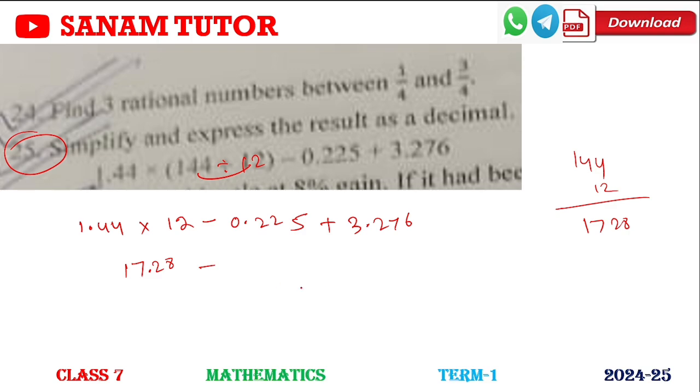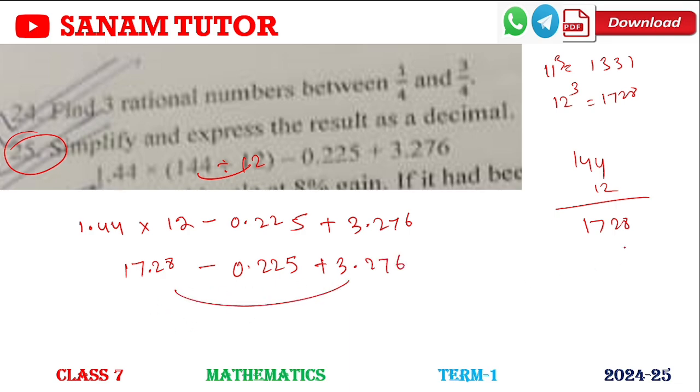How do I remember? Because we know cubes, okay, in 8th class you learn about cubes. 12 cube is 1728, okay, and 11 cube is 1331. So next, 0.225 plus 3.276. First we do addition, then subtraction. So add